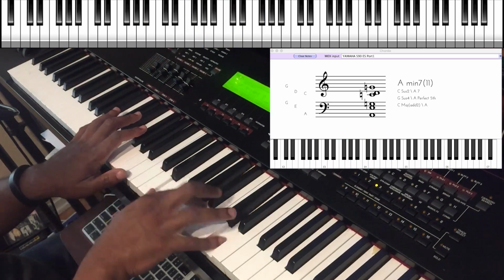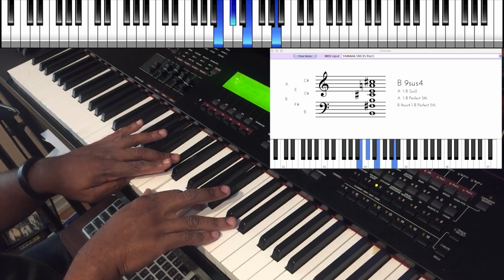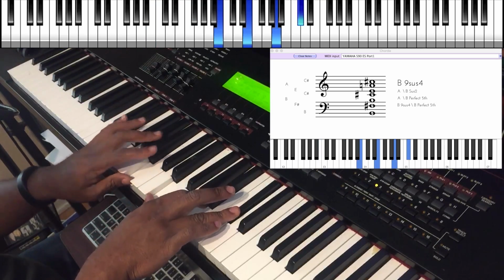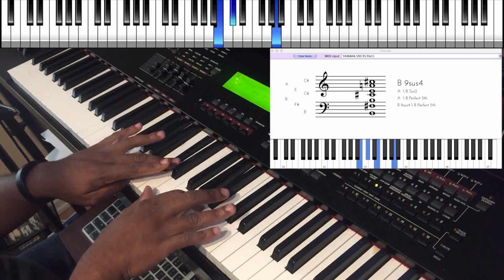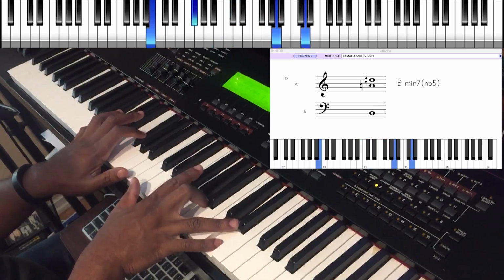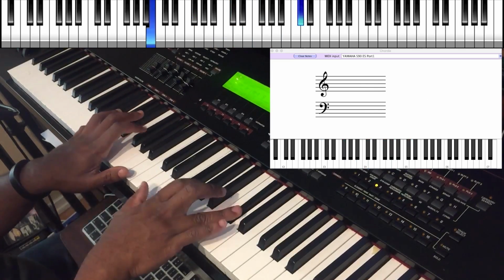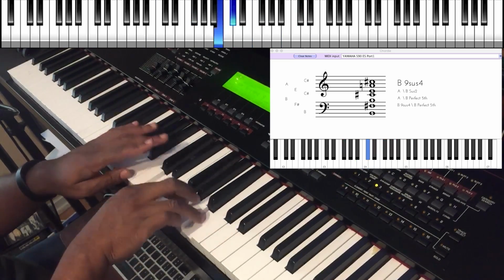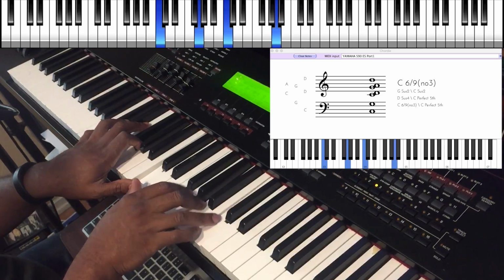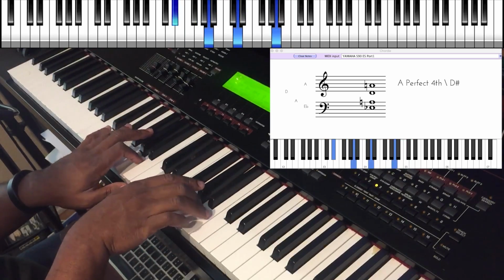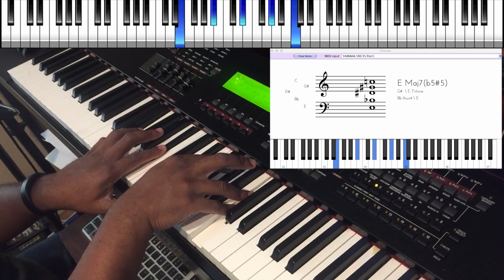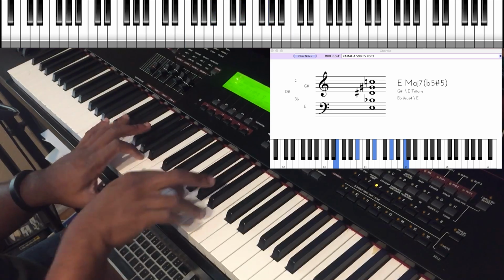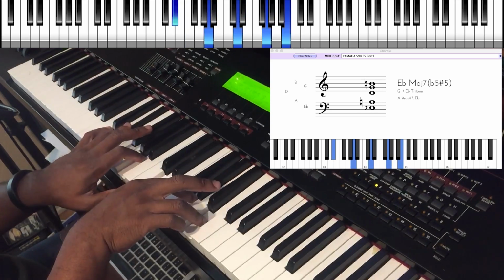Now check this out. What did I do there? A on the right hand, B on the left hand. So instead of me playing a B minor 7, I played A major over B, and then something tritone. Chordy says G sharp, E over E tritone, and then you take the whole thing